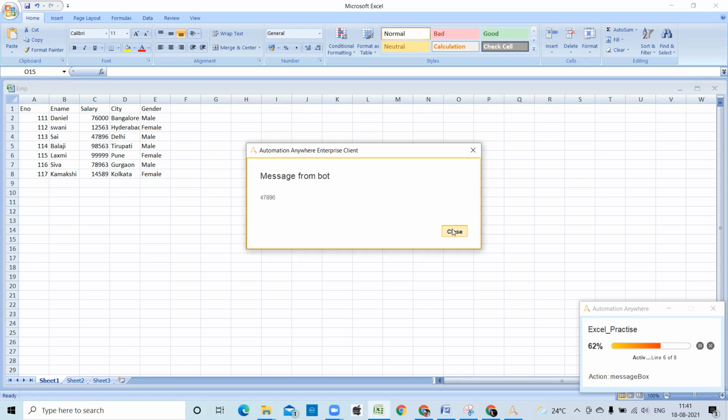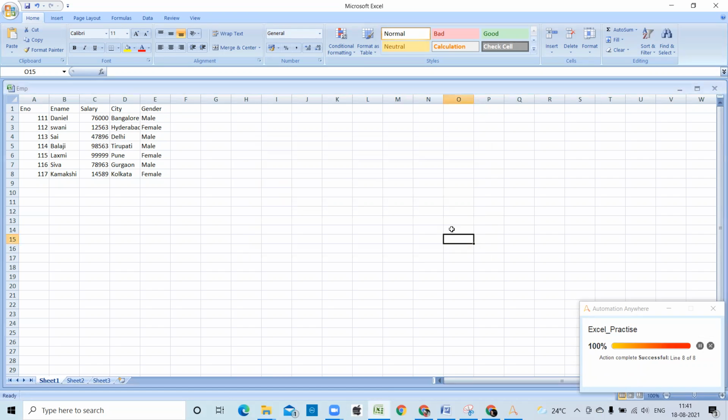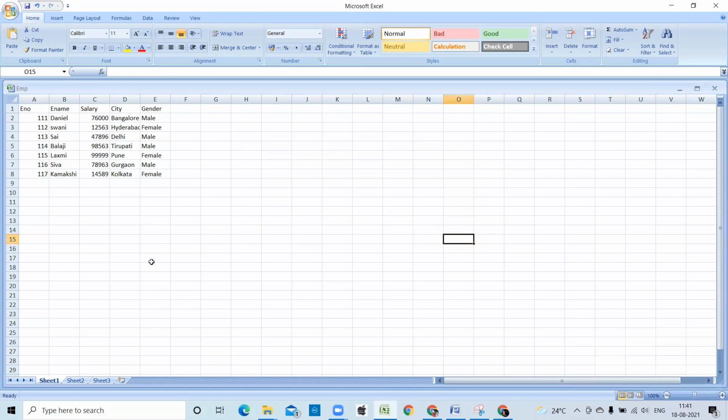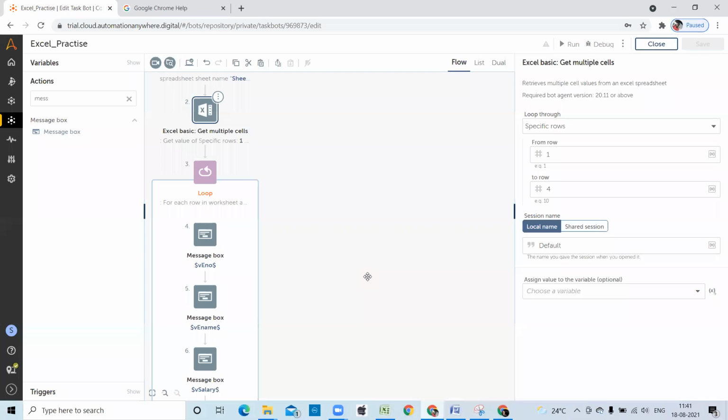This is actually the last row. Delhi male. Now you can see the execution stopped because we have given first row to fourth row only, right? So that's why it returns up to these values. Up to the fourth row only it returns.